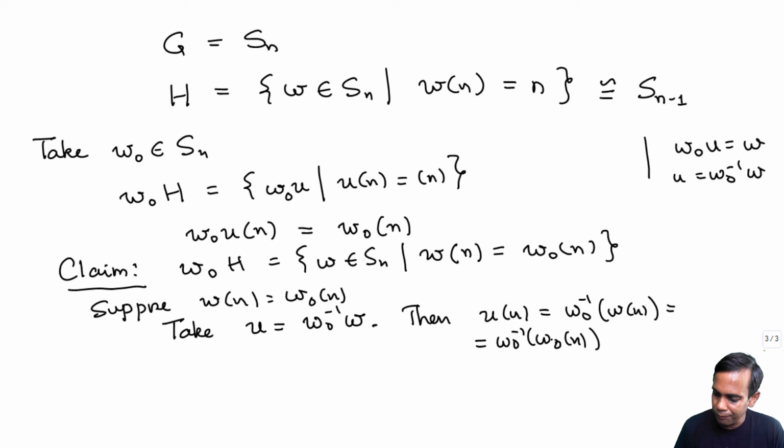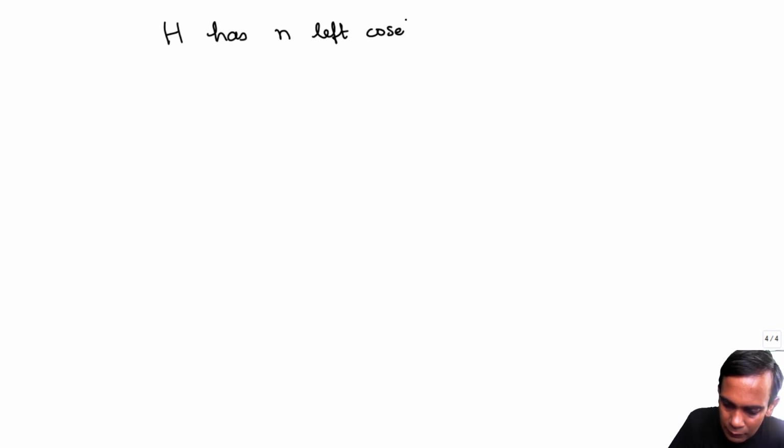But that's just n. So that shows that the coset W0H is just the set of all elements of Sn which take n to W0n. So the upshot of this is that H, which is isomorphic to Sn minus 1, has n left cosets in Sn. They are given by